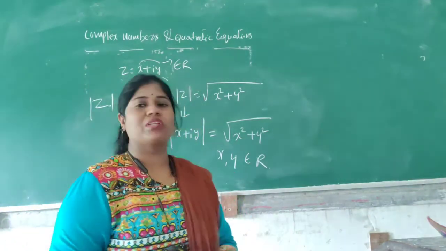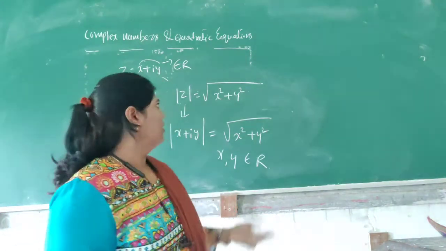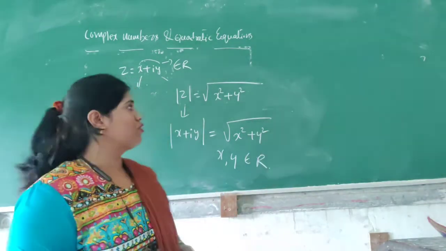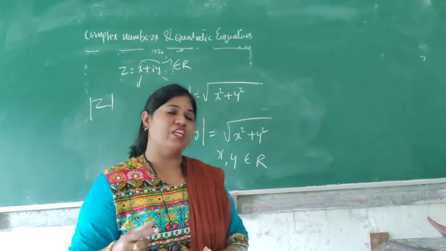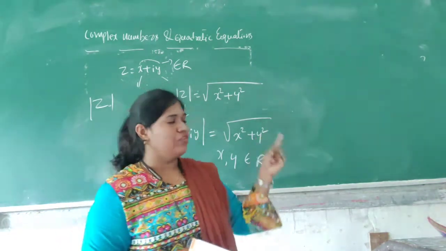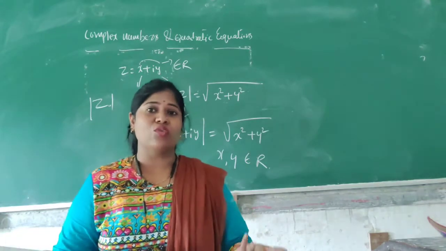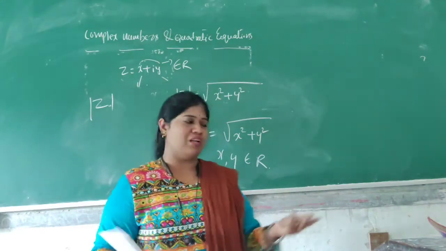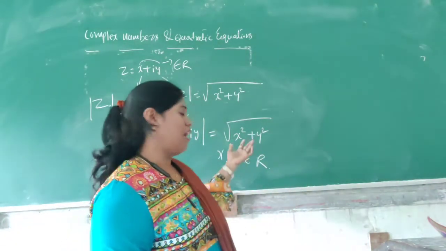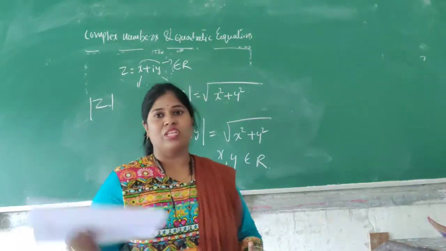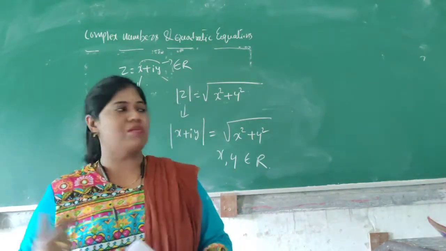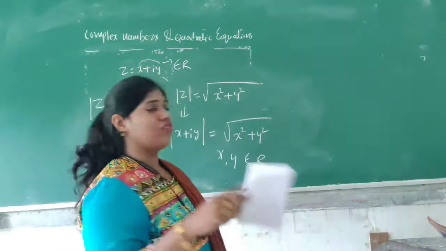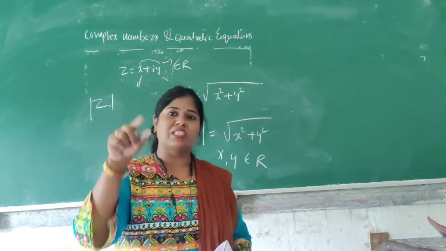Because in the real number system it is not sufficient to have the quadratic equation of the type ax square plus bx plus c = 0, where the discriminant b square minus 4ac is less than 0. It has no values in the real number system, because that value is not a real number. So we need to extend the concept of the real number system, that is called the set of complex numbers. The value of i = square root of -1 is not a real number.